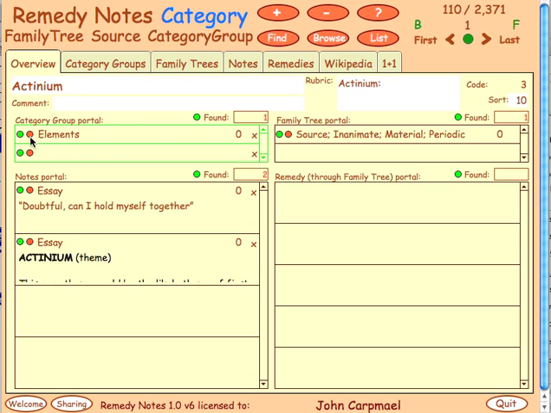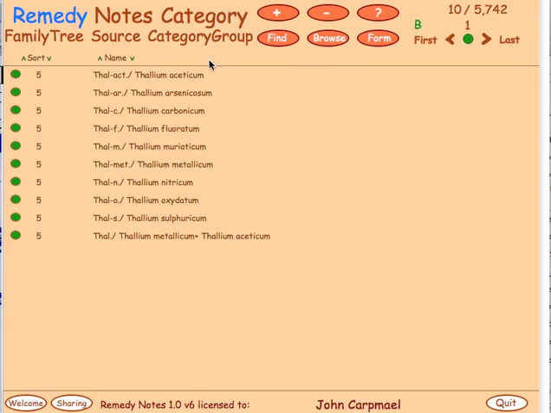So here we are in the category table, and we're looking at a whole lot of category records that are linked to elements. Okay, fine. What I would like to do now is have a quick look at the remedy table. So I'm just going to go to the remedy table now, and I'm going to go to the form version,